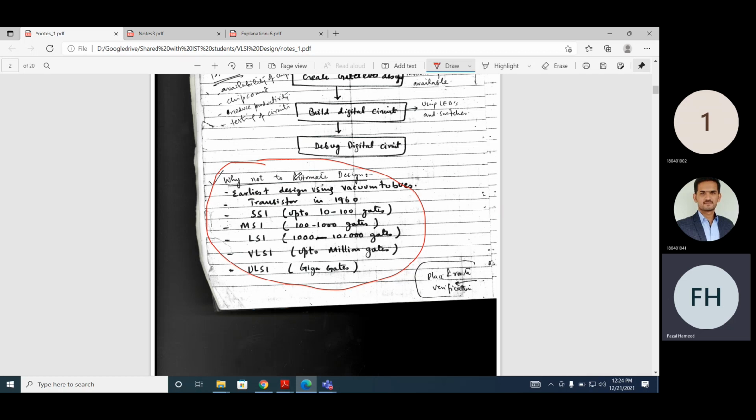and this evolution is only possible by shrinking the transistor size. Why? If you are shrinking the transistor size, what's the advantage? We can pack more and more transistors on the same chip. So it means that if you shrink the transistor size, you increase the transistor density.